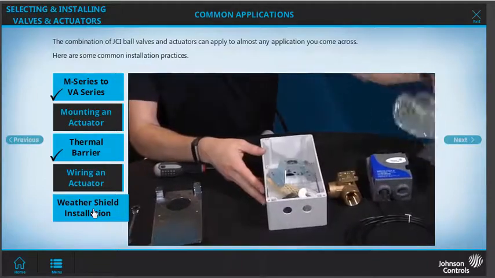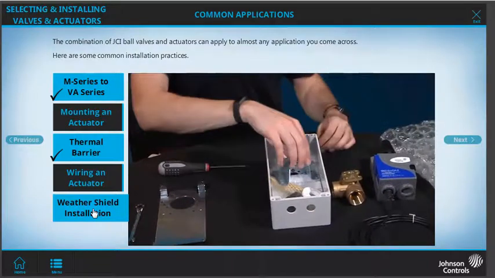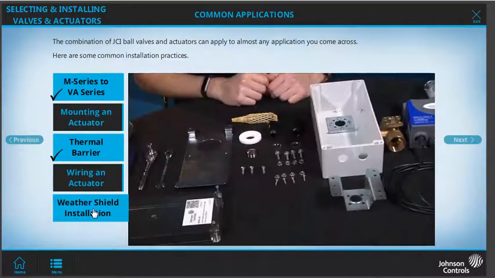Remove the packaging material from inside the enclosure. Unpack and inventory the kit. The M9000-342 weather shield enclosure kit contains the enclosure